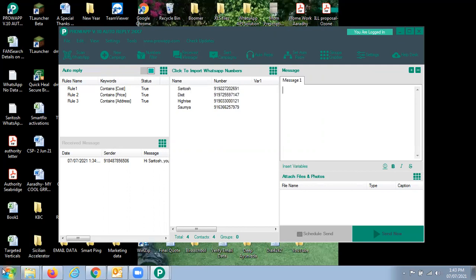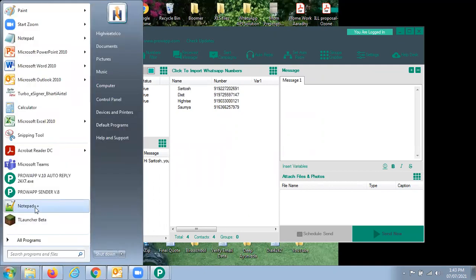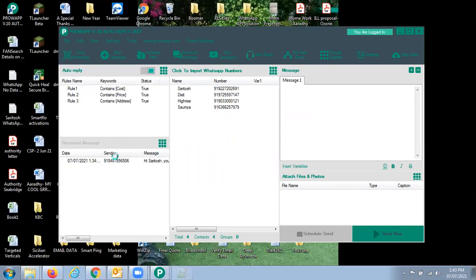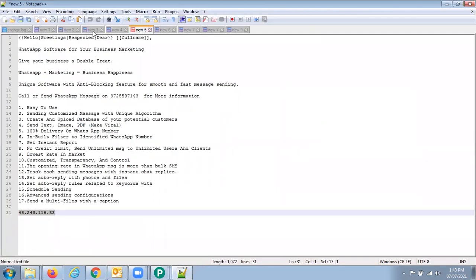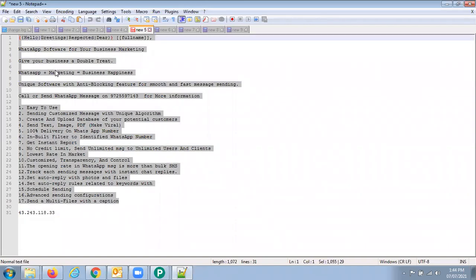So what we suggested, we have created one notepad ready with us. Whatever type of messages we want, we have already drafted these things ready to send, so that every time we need not type. Just copy and paste it. Second thing is, if you copy some message from WhatsApp and paste it here, then machine language will come into it. So before sending, we need to copy from WhatsApp, paste it in Notepad and remove that machine language. I will show you that as well later on.